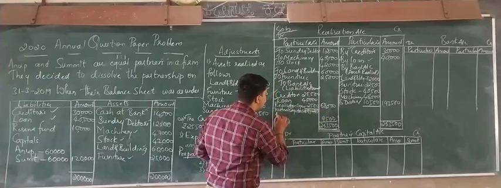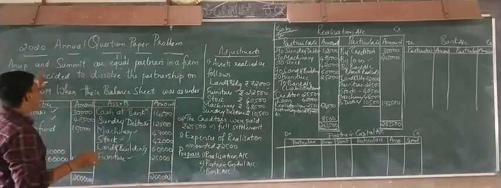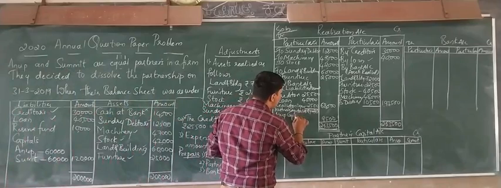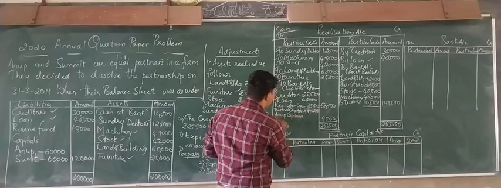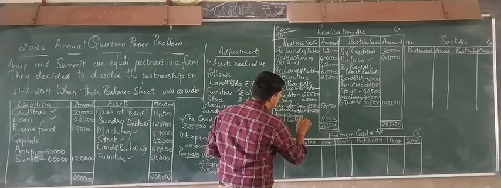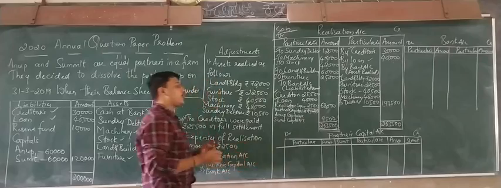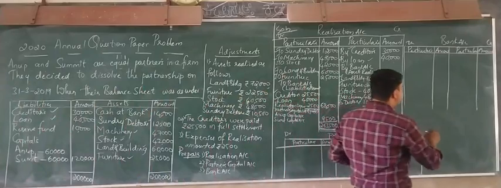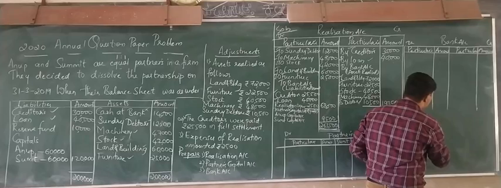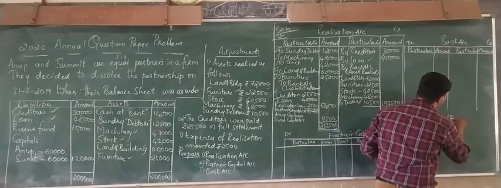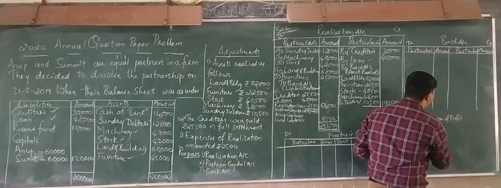So who are the partners here in this problem? That is Anup as well as Sumit. So Anup's capital account and Sumit's capital account. So 9,500 should be distributed according to the ratio. I'll make the calculation here. So distribution of profit. You are distributing the profit, that is 9,500, into